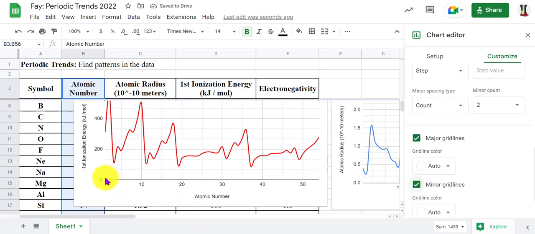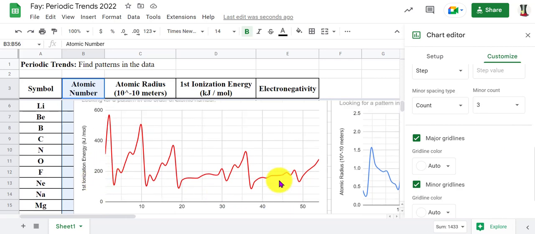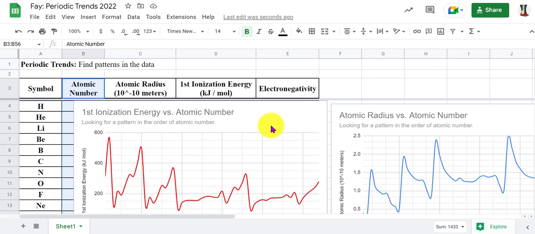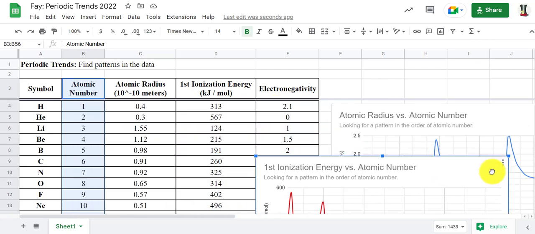grid lines. Okay, now to have two of them doesn't make much sense from 0 to 200, so I'm going to select, let's see, 3. Now that makes sense to me. 50, 100, 150, 200. I think that that is a pretty good looking graph. Once I'm done, I'm going to close out the chart editor, and I'm going to move this graph